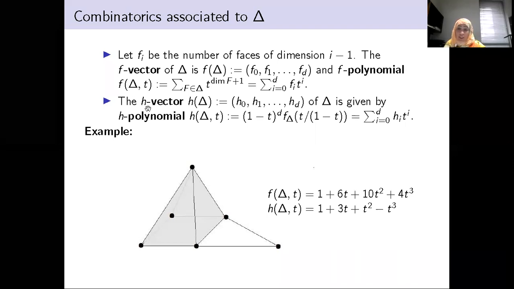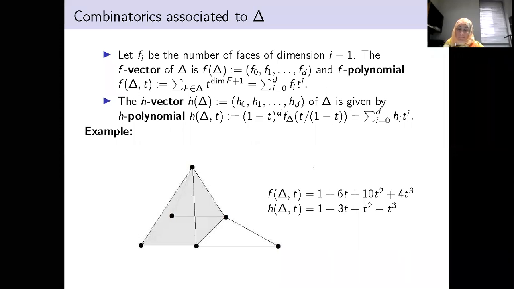But here h can be an integer, either positive or negative. For example, from this example you can easily see that some negative terms could appear in the h vector. Okay, so Dr. Shaheen,